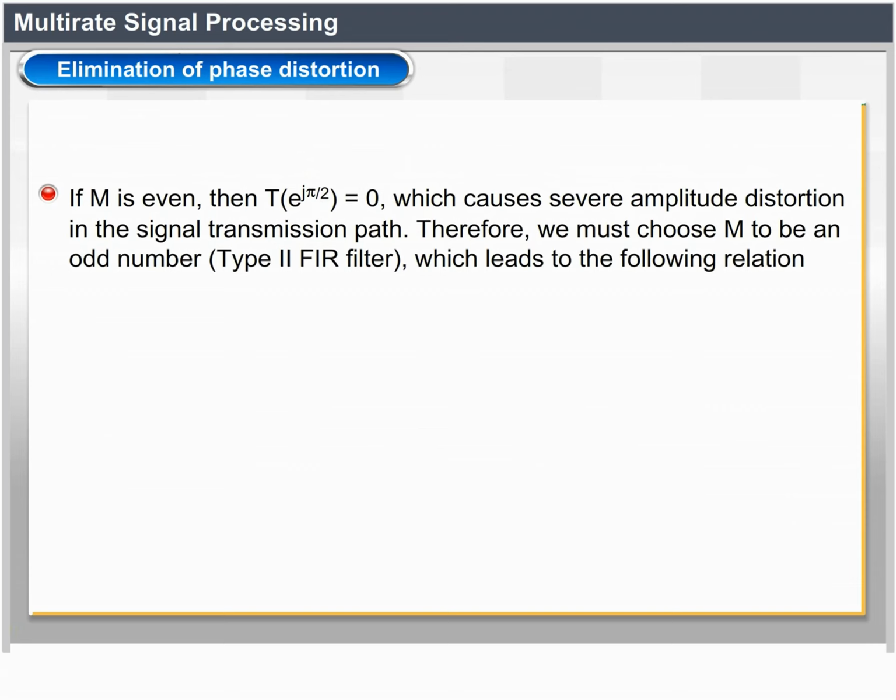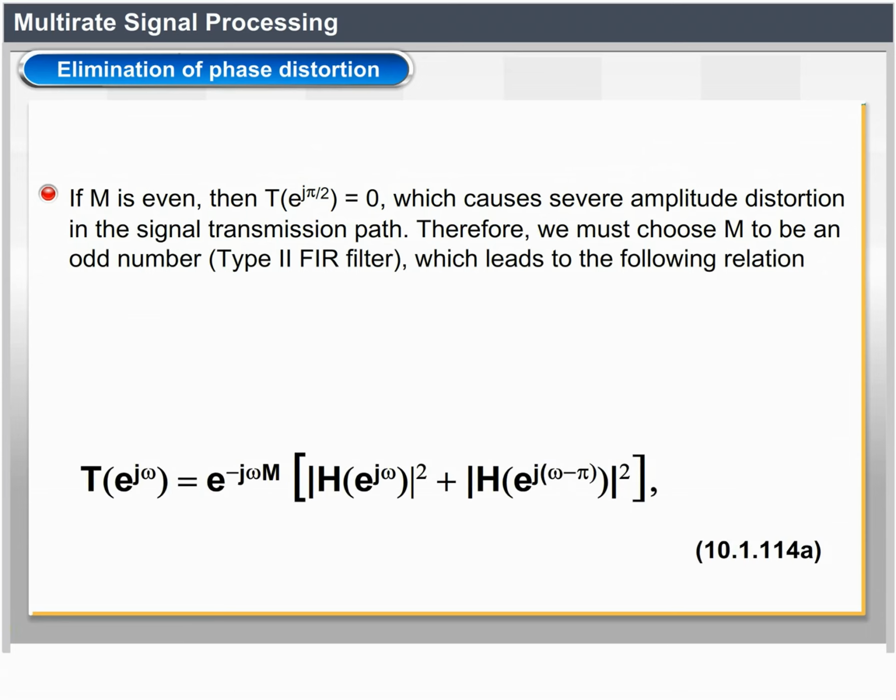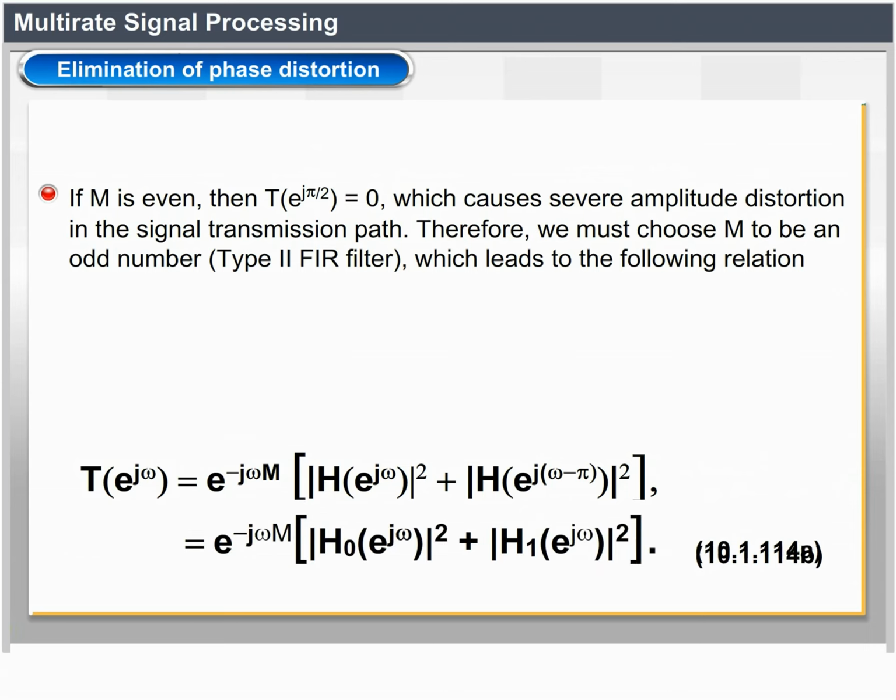T of e power j omega equal to e power minus j omega M within the bracket modulus of H of e power j omega the whole squared plus modulus of H of e power j of omega minus pi the whole squared, called equation number 10.1.114a, equal to e power minus j omega M within the bracket modulus of H0 of e power j omega the whole squared plus modulus of H1 of e power j omega the whole squared, called equation number 10.1.114b. Perfect reconstruction requires H0 of z and H1 of z to be power complementary, that is modulus of H0